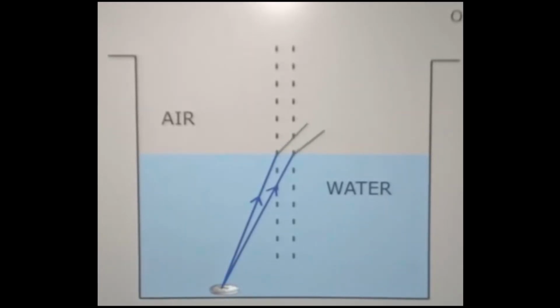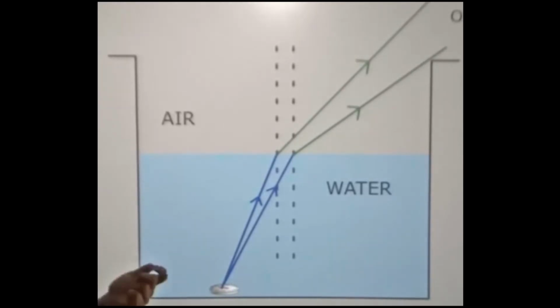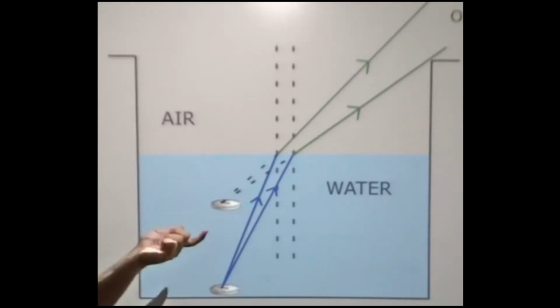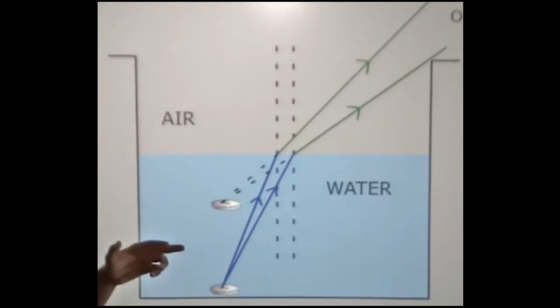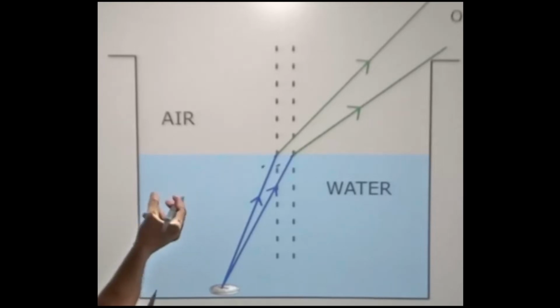Now obviously the observer will think that the light rays are coming from a straight path, because the observer cannot observe the zigzag path that the light rays are taking. So for any observer or any human being for that matter, since he or she will not be able to perceive the zigzag ray, because our eyes always perceive rays of light coming from a straight path, we need to extrapolate. When I say extrapolate, I mean produce them backwards in order to obtain the straight line path. Now you will notice that the moment we extrapolate these rays, we obtain an image of the coin.